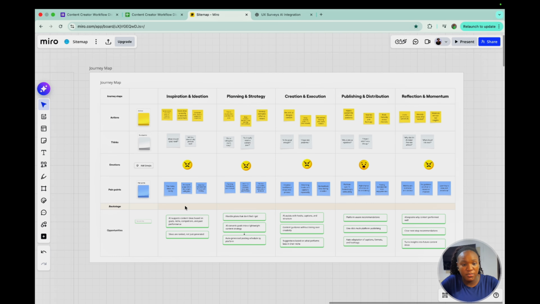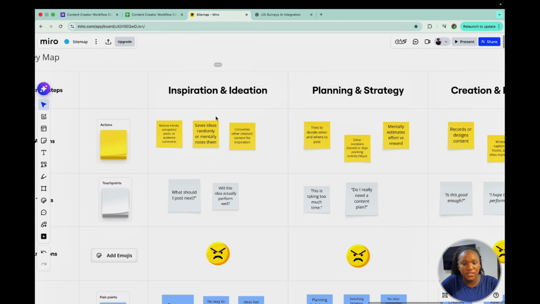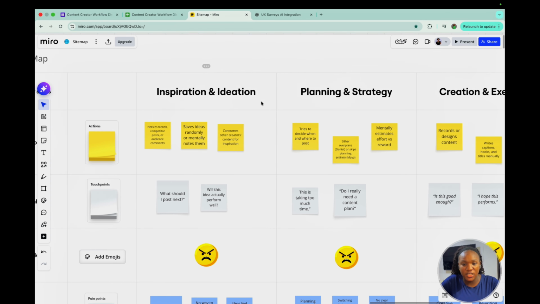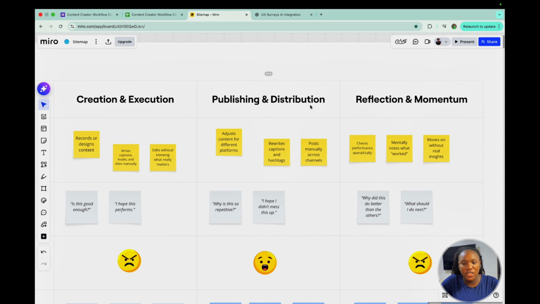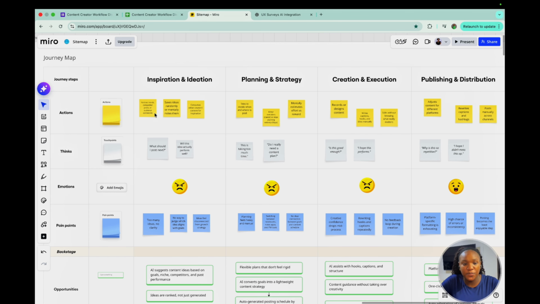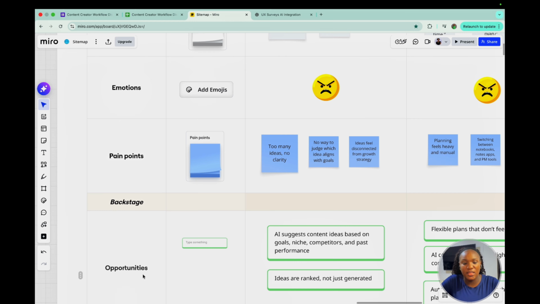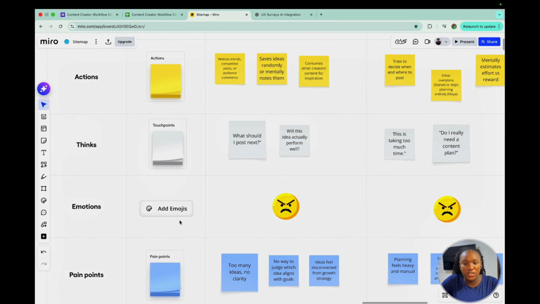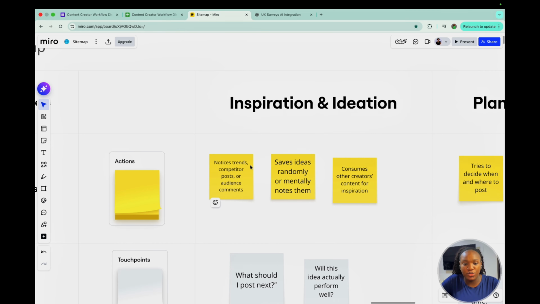Now that we have our journey map, let me briefly explain what it is. So we have 5 stages. The first is inspiration and ideation, planning and strategy, creation and execution, publishing, and reflection. So these are different stages through the user's journey. So the first one you can see here is under actions, thoughts, emotions, pain points, and then the backstage, which is opportunities. So for the first one, which is inspiration, the action is notices trends, competitor posts or audience comments,